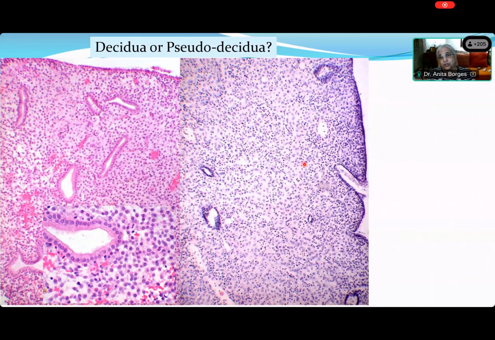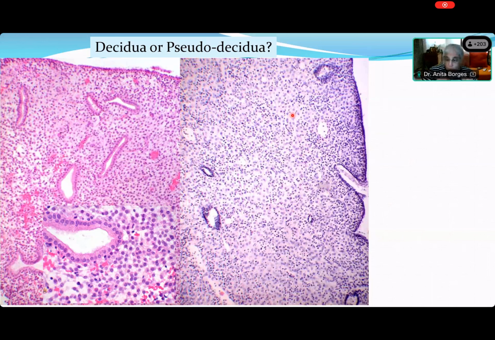This is the effect of progesterone, a very high amount of progestation. That's all you can say, that this is highly progestationalized, because decidua happens in the presence of progesterone and beta HCG. And how does beta HCG decidualize the endometrium? It does it through the action of progesterone, because the placenta produces both estrogen and progesterone. So I can't tell the difference between one or the other, and therefore using these terms decidua or pseudodecidua without knowing whether the patient is pregnant or not is a hoax.